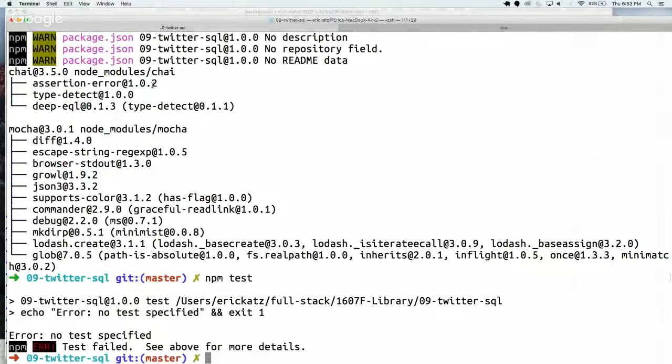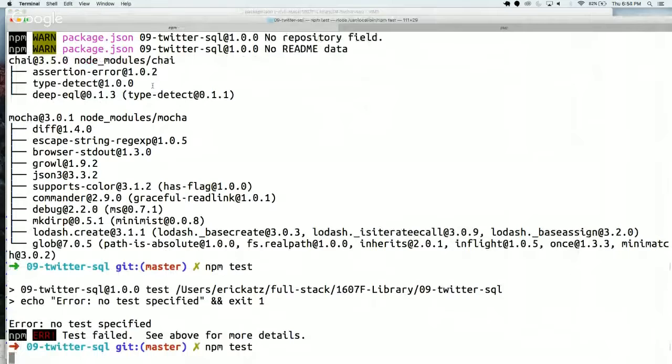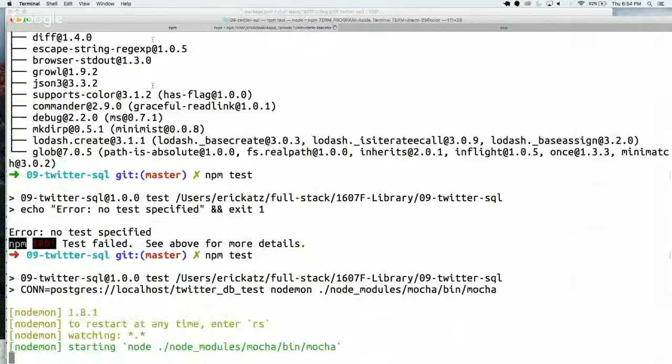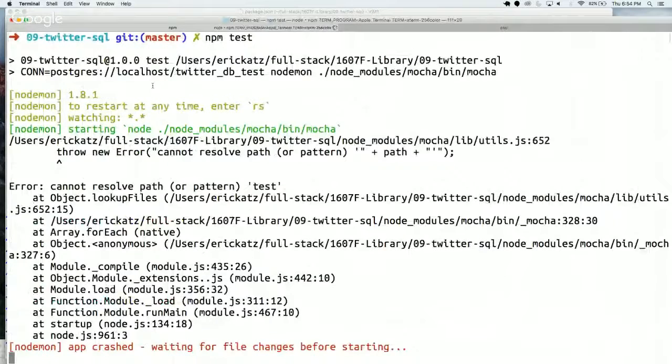And if I run npm test again, the error that I get is that by default, and you could configure this, Mocha is going to look for tests in a very specific folder. It's going to look for tests in a test folder. We don't have a test folder. If I go back over here,